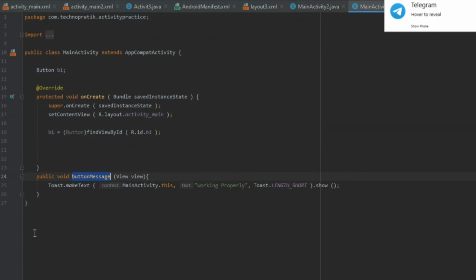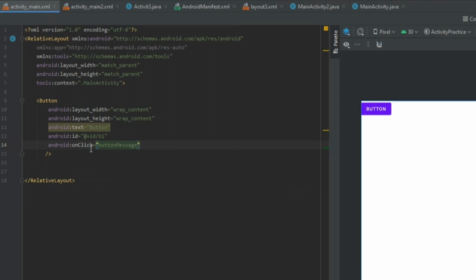So yes, here we have created one buttonMessage method, and in this method you can give anything that you want to do whenever someone clicks on this button. I have given here one toast message to check whether this button is working or not. Just create one method and put its method name here: onClick equal to buttonMessage.